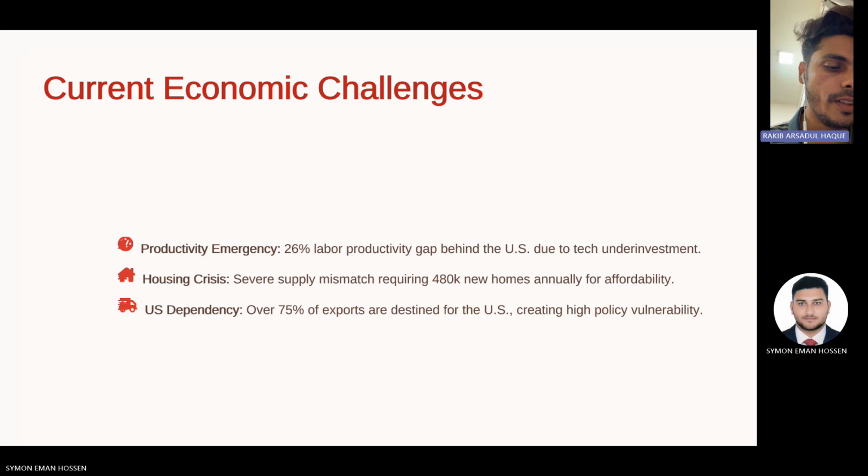Slide 3. Housing crisis. On the socioeconomic front, Canada's housing supply remains severely constrained, hurting affordability. The CMHC estimates we need to build approximately 480,000 homes per year through 2030, a target we are currently struggling to hit due to labor shortages and zoning bottlenecks.